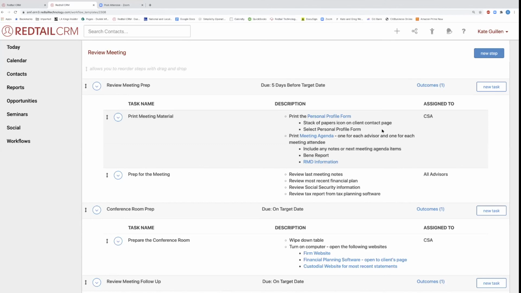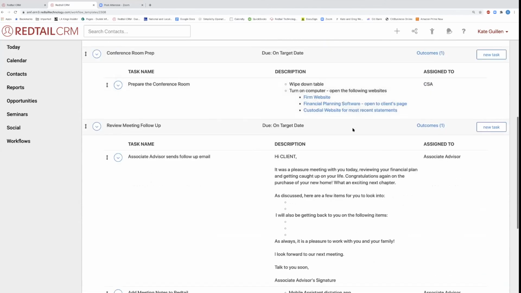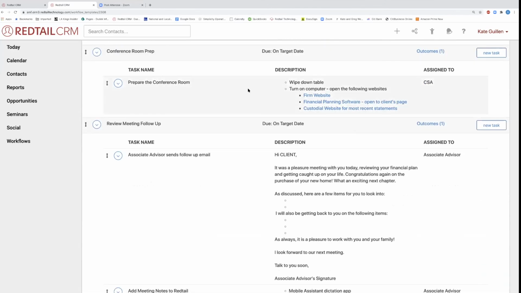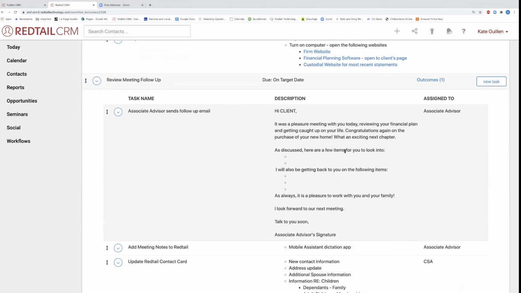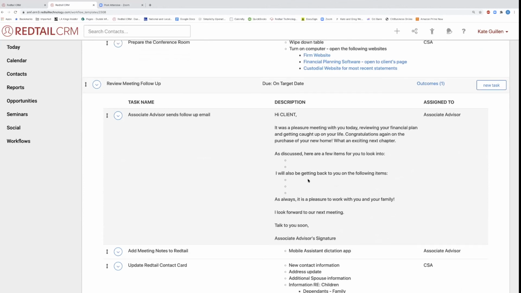So, as you look here, I'm going to scroll down a little bit. You have your conference room prep responsibilities. You could pull this up and open up the firm website. These are all live links to what the CSA needs to do to prep the conference room. And then as part of the follow-up, I'm the advisor, I own the firm, and I'm writing templates to help my team be more efficient, copy and paste this into their email,